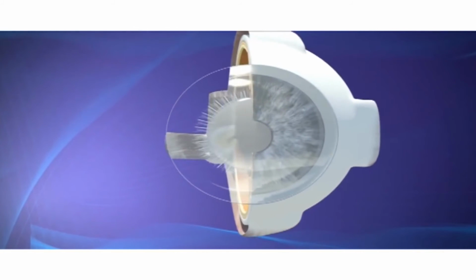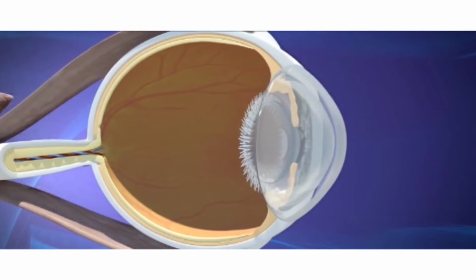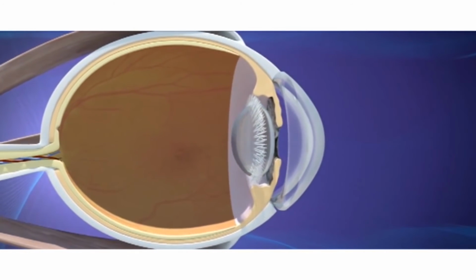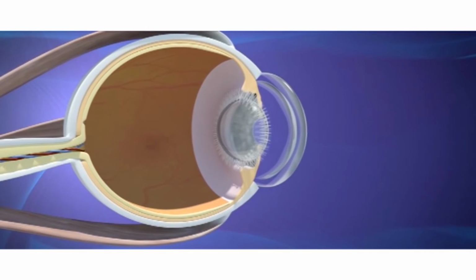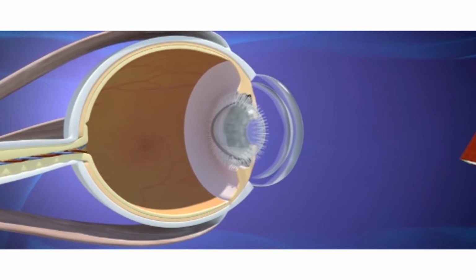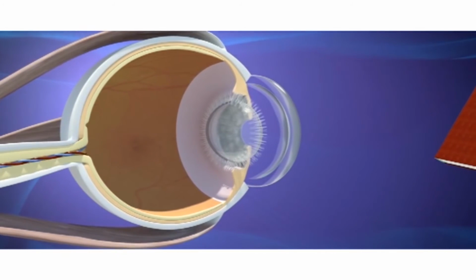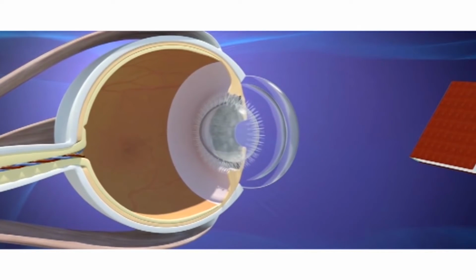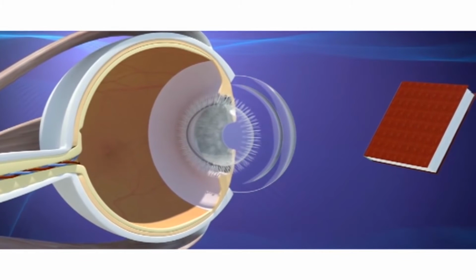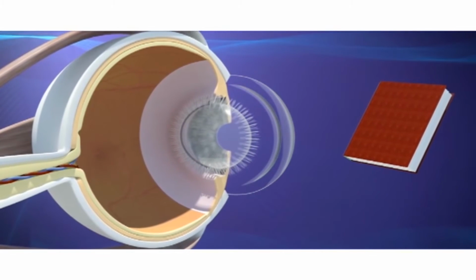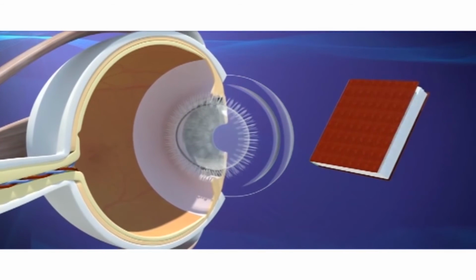Presbyopia is the eye losing its ability to focus on near objects. Much like adjusting the focus on a camera, in a healthy eye, the lens flexes and changes shape to properly focus on objects at different distances. But as your eyes age, the lenses in your eyes lose their flexibility. The result can be diminished up-close vision.